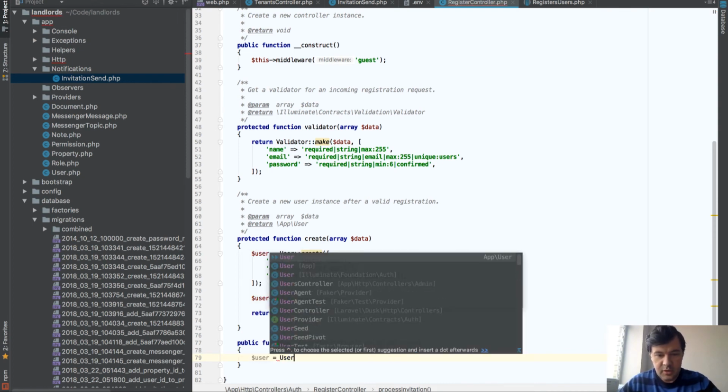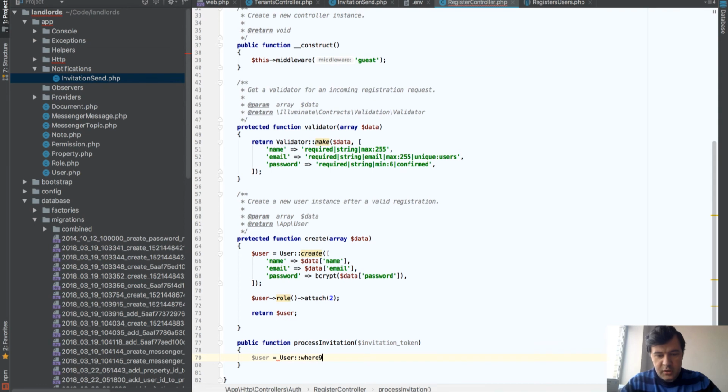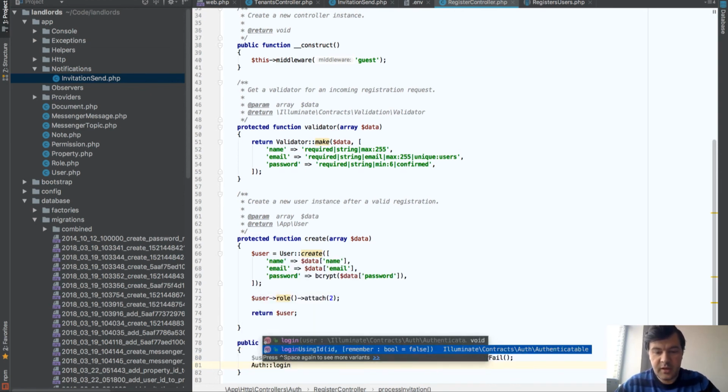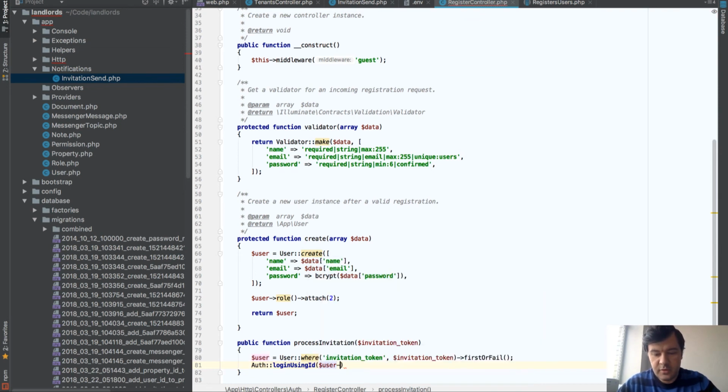User where invitation token this first. Actually, first or fail. If it doesn't exist, then it will return to 404 page not found. So by here we have user, and then we do this auth login using ID, user ID,